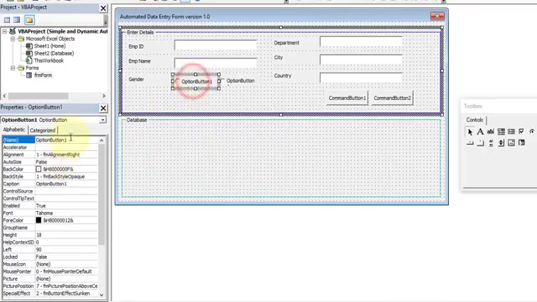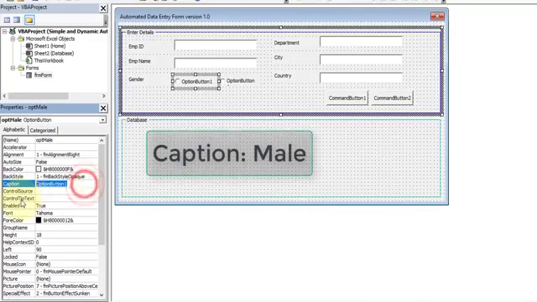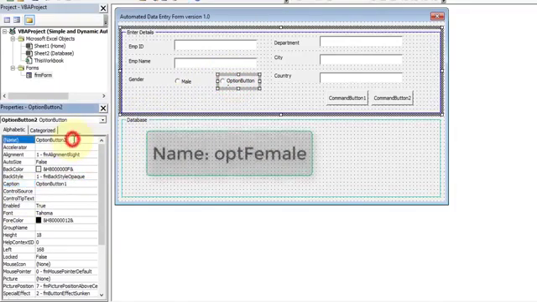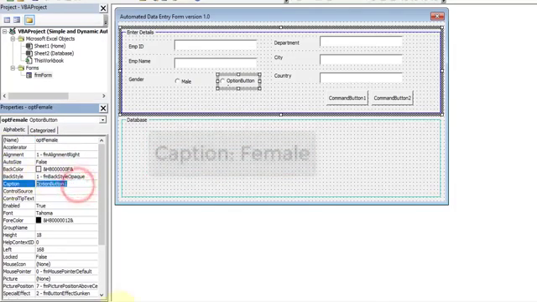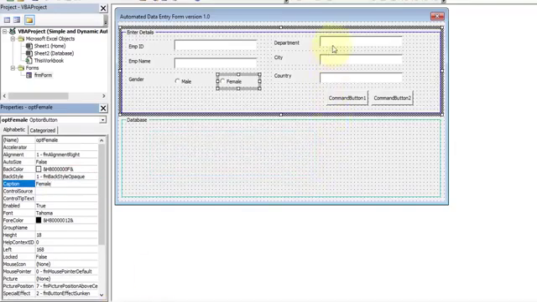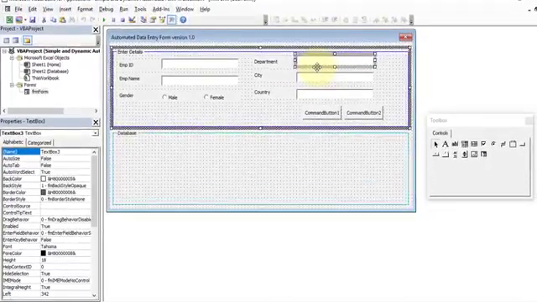This is for male, so optMale, and the caption is Male. This is for female, so optFemale, and the caption should be Female.